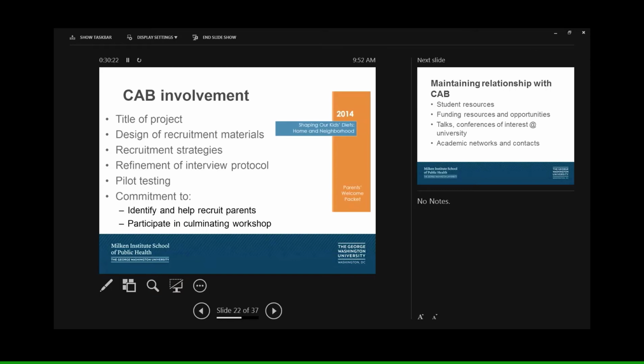They were very deeply involved in the title of the project. The original one, I can't remember what it was, they didn't like at all. So this is their title. The design of the recruitment materials and recruitment strategy, so offering $25 at the end of the photo voice interviews for parents and have it be cash as opposed to a gift card. The refinement of the interview protocol, and we also pilot tested constantly to make sure that it made sense